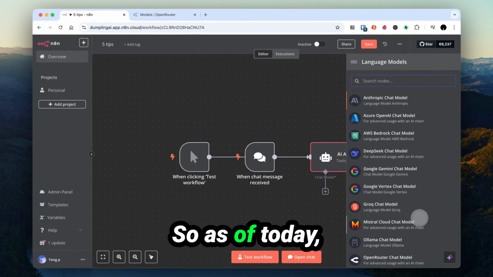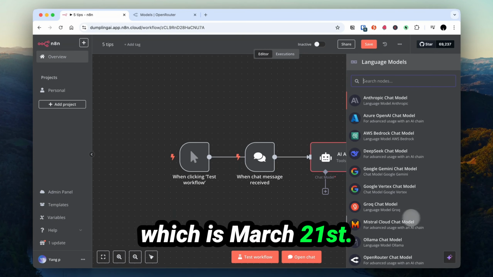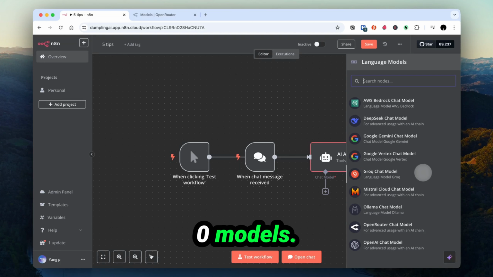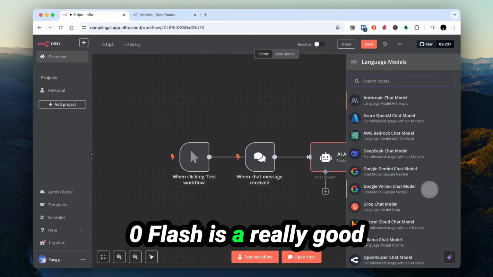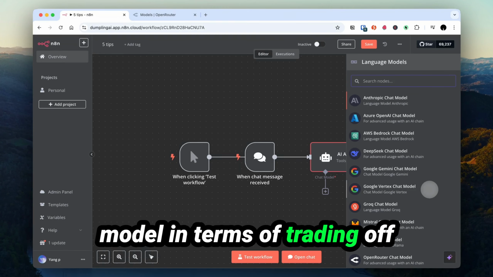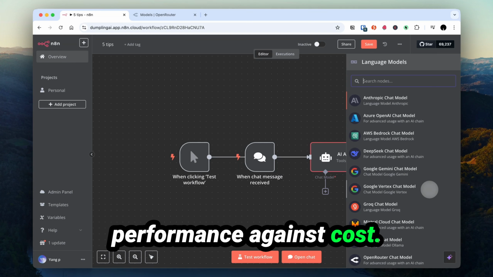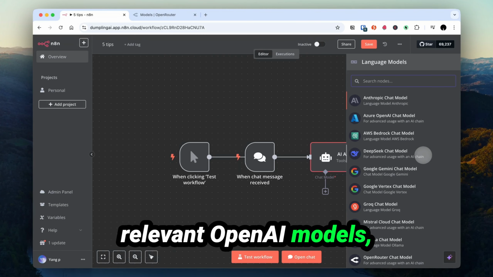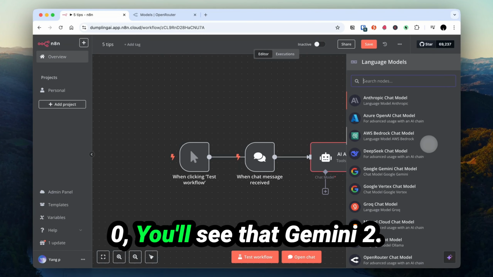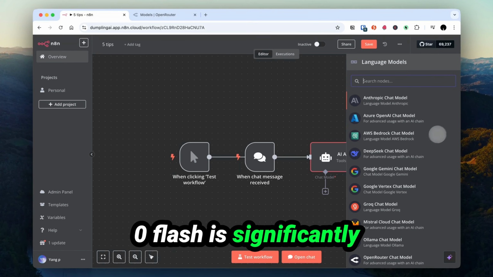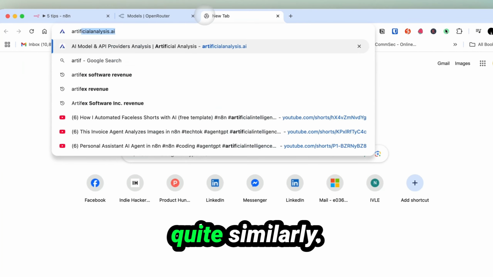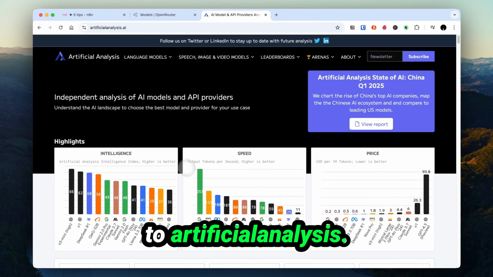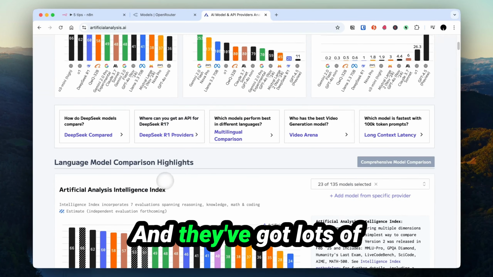So as of today, which is March 21st, I find that I gravitate towards using the Gemini 2.0 models. Gemini 2.0 Flash is a really good model in terms of trading off performance against cost. So if you compare Gemini 2.0 costs against the relevant OpenAI models, such as GPT-4o, you'll see that Gemini 2.0 Flash is significantly cheaper, but performing quite similarly. So if you're not sure in terms of cost and performance, you can always come to artificialanalysis.ai, and they've got